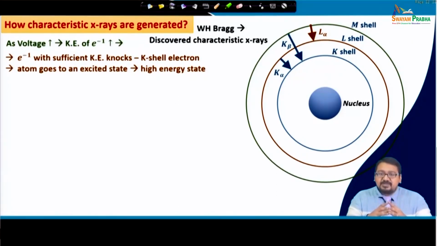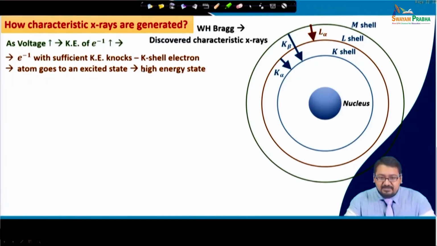Bragg basically discovered these characteristic X-rays, right. You see, when the voltage is increased, the velocity or the kinetic energy of the electrons inside that X-ray tube increases and it hits the target anode. If that electron's energy is sufficient, if the kinetic energy of the electron is enough to knock down a particular electron from a certain shell,